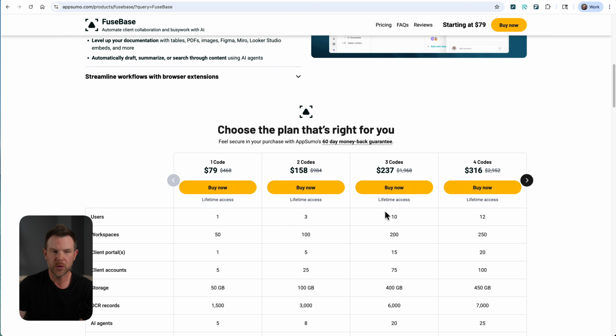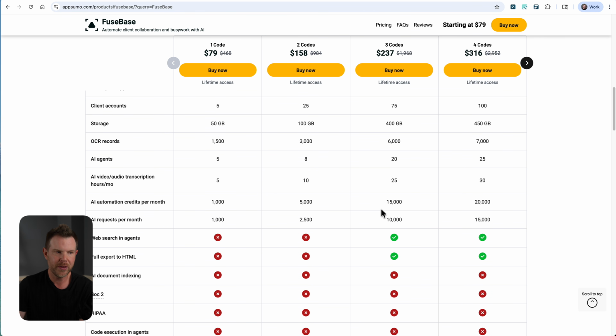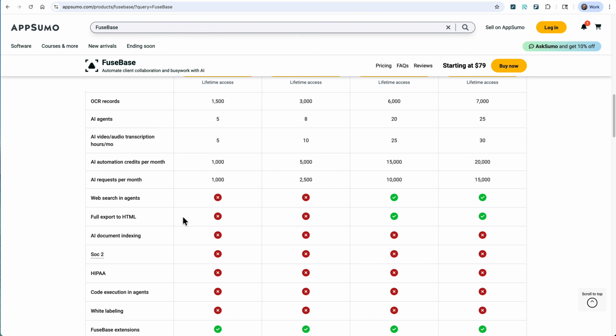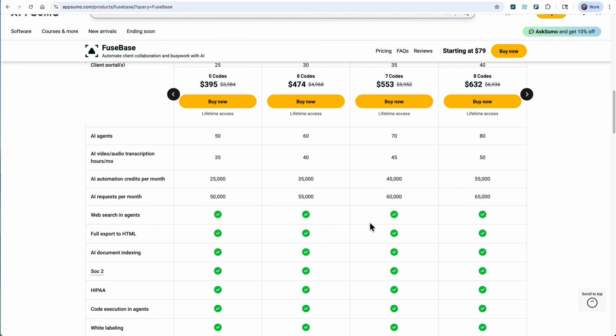As far as choosing the right plan, there's a few things you might want to look out for. Well, basically look where the red X's are. So on codes 1 and 2, we're not going to get all of the features that I demonstrated, such as being able to export to HTML or web search in agents. You don't get that up until tier 3. If you really want everything to turn to a green check mark instead of a red X, well, things like white labeling, HIPAA, these things could be very important to your business. You will need to go all the way up to tier 5,